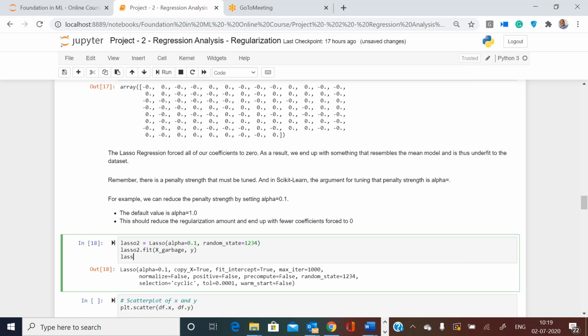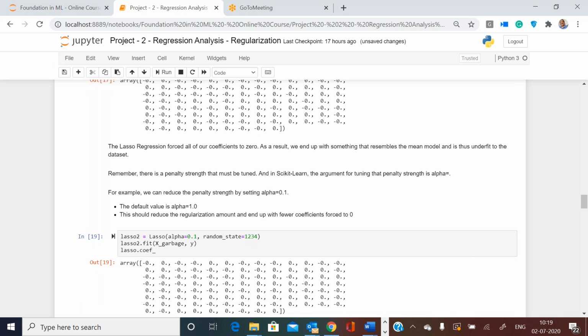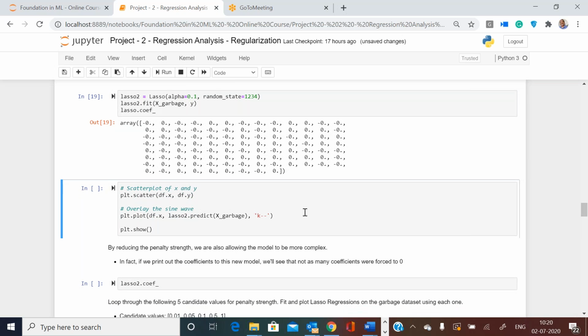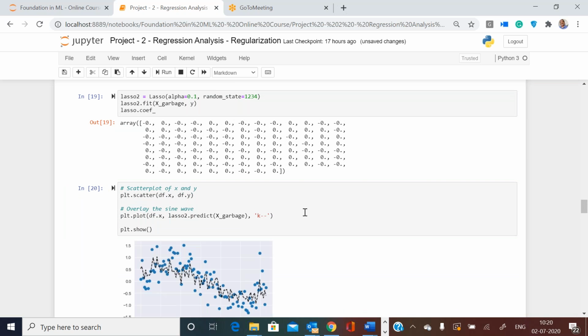So lasso.coef_, if you see that, nothing much really changed. Let us plot and see what happened with 0.1.